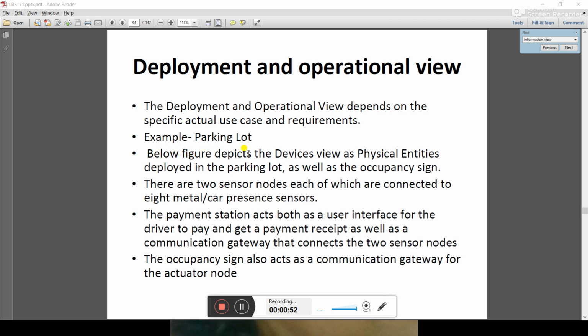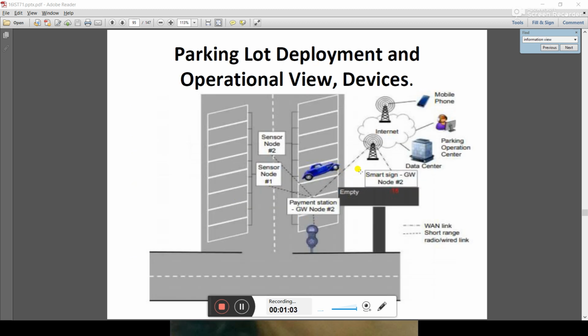So the figure below depicts the devices view as physical entities deployed in the parking lot, as well as the occupancy sign. Here we have the occupancy sign, and here you can find an empty slot, and there is a parking operation center and a data center. There is a payment station gateway, and all of these are on the IoT.